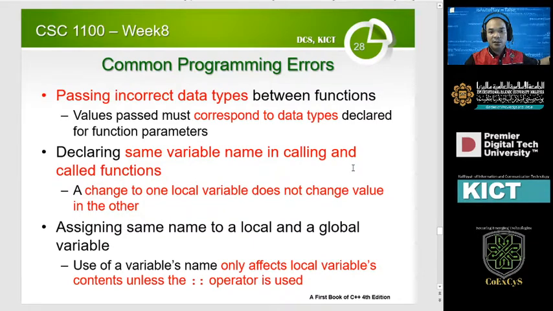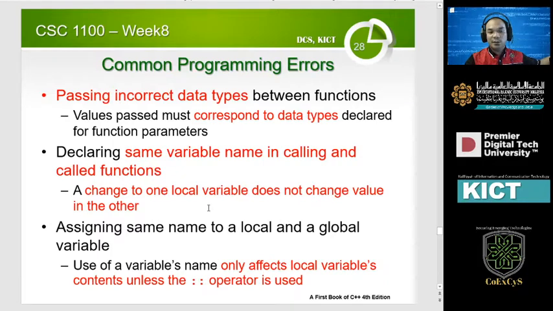So some of the other errors is declaring the same variable names in calling and called functions, right? When you have variables that are the same name, you tend to confuse them and how you use them. A change to one local variable basically does not change the value in another, because the scopes are different.